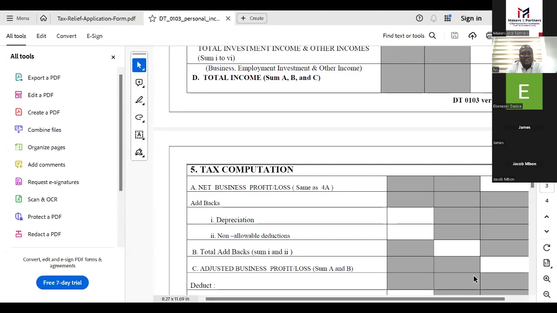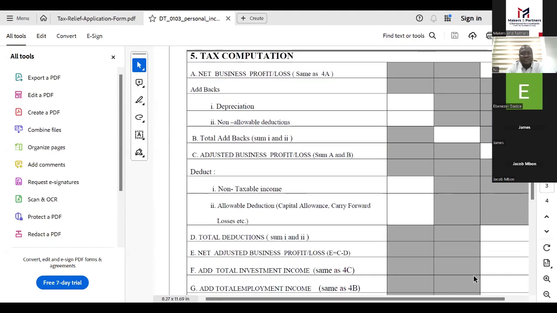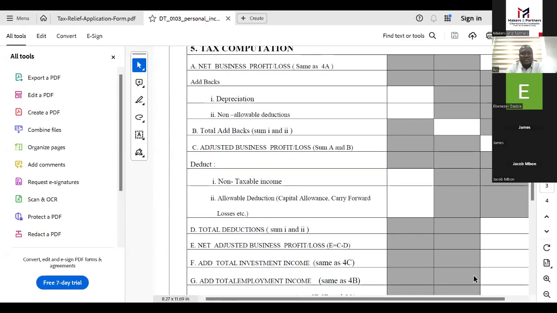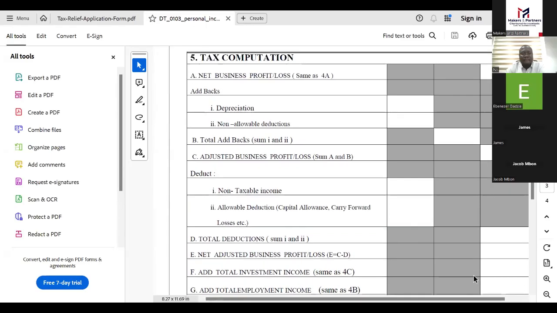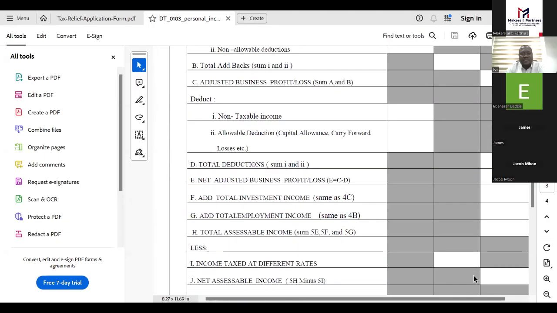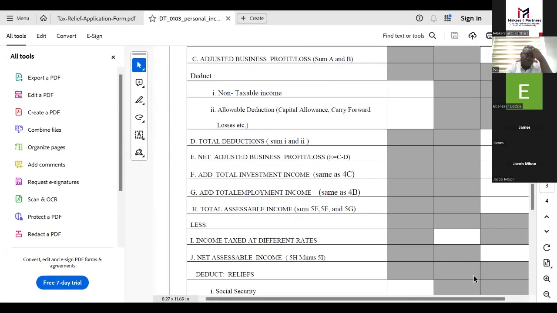That's A, business, B, employment, C, investment. If you are doing it for business purposes, you add back depreciation or non-allowable deductions. Then you adjust your profit or loss.